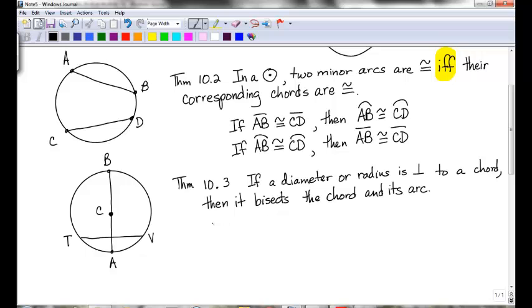So by our picture, if segment BA, which is a diameter in this case because it goes through the center, is perpendicular to TV, then